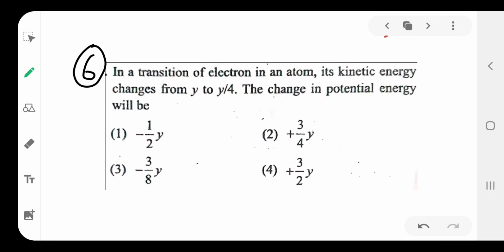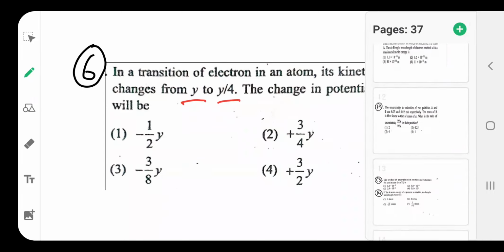The next one is question number 6. In a transition of an electron in an atom, its kinetic energy changes from Y to Y by 4. The change in potential energy will be? They have given the kinetic energy change from Y to Y by 4, but how much does the potential energy change? Then see here,